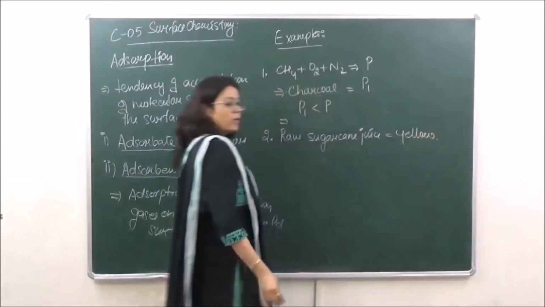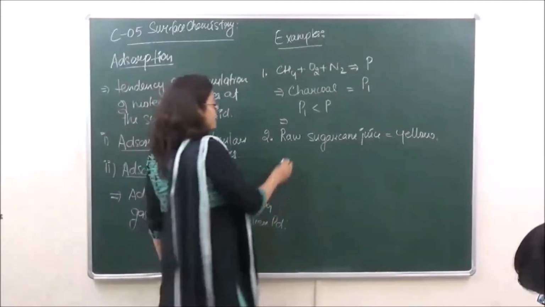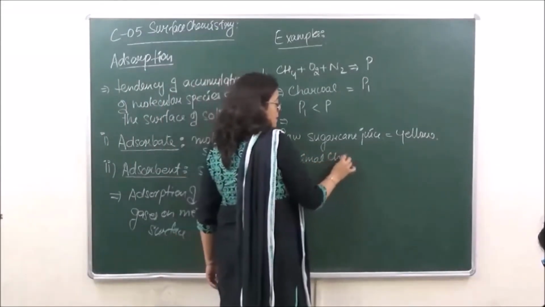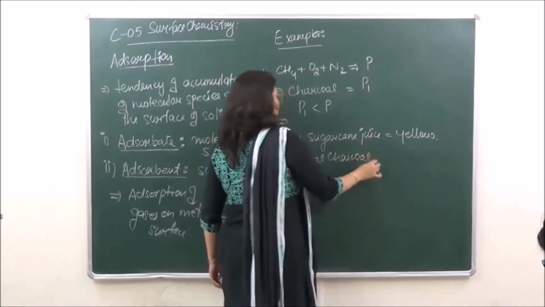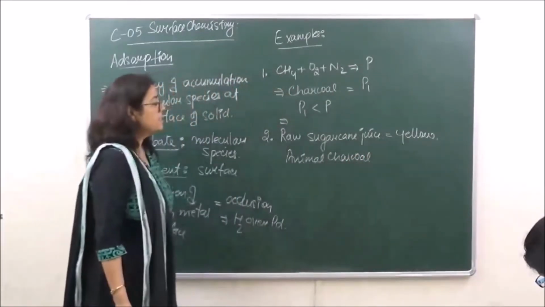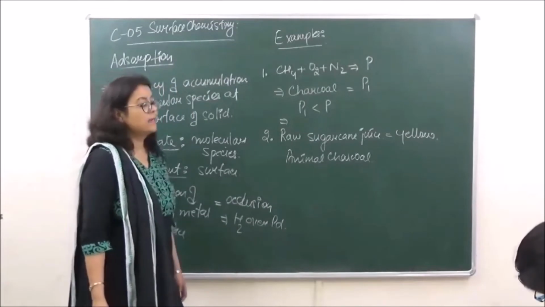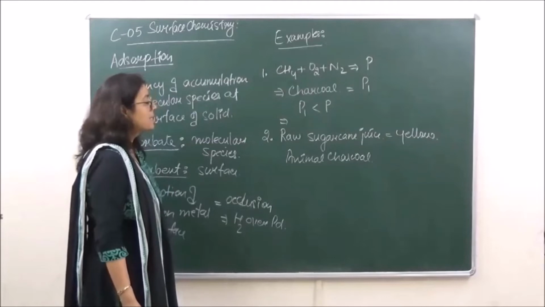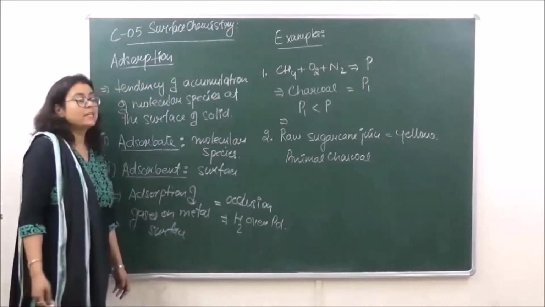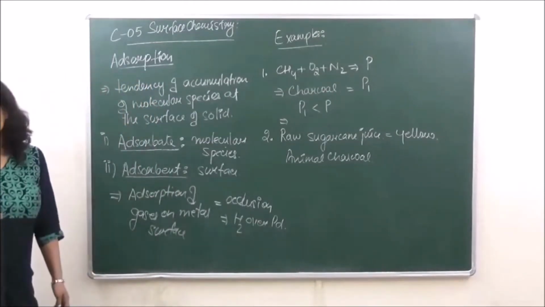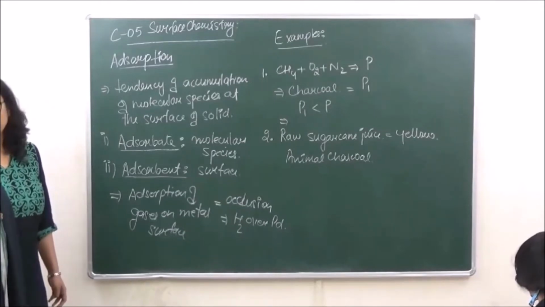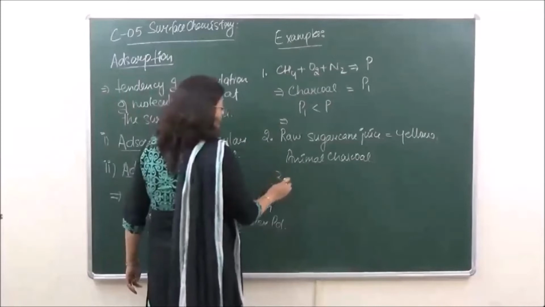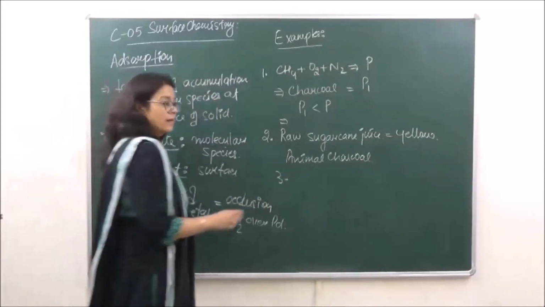It is slightly yellow in color. If we place a piece of animal charcoal in this, we see that the yellow color of the sugarcane juice disappears, which means that the animal charcoal has absorbed the color from the sugarcane. Okay? Clear ho gaya? In a similar manner, if we are taking silica gel,